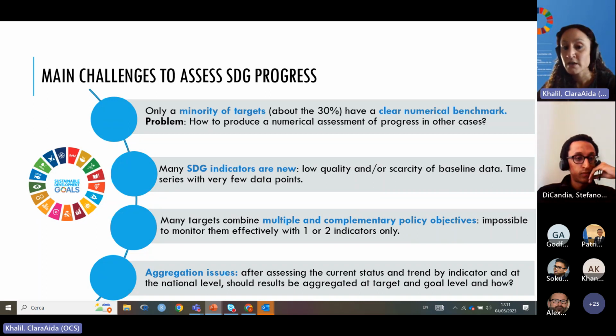Finally, many targets combine multiple and complementary policy objectives. This means that many of the targets in the 2030 agenda are monitored by two or more indicators. So here we have an issue in terms of aggregation: how to produce an assessment first at the indicator level, but then also at the target and goal level. These are the main problems that need to be considered in developing a methodology for the